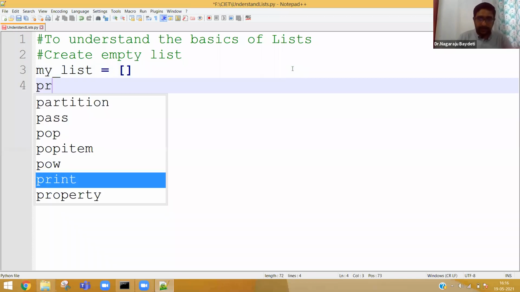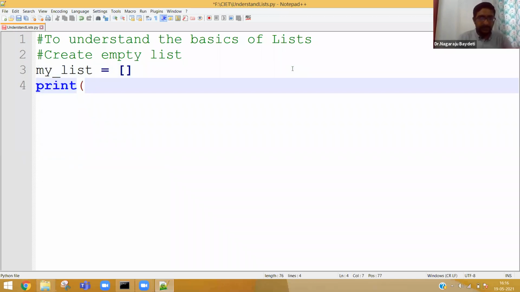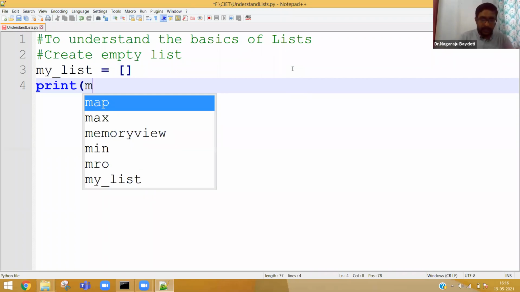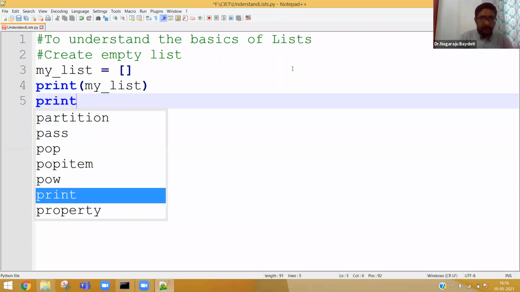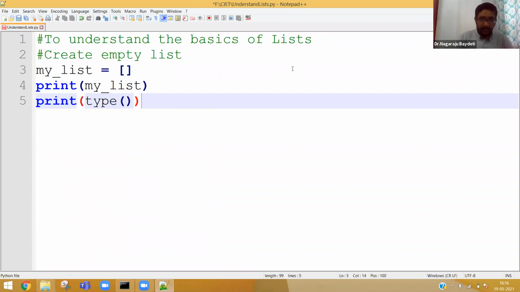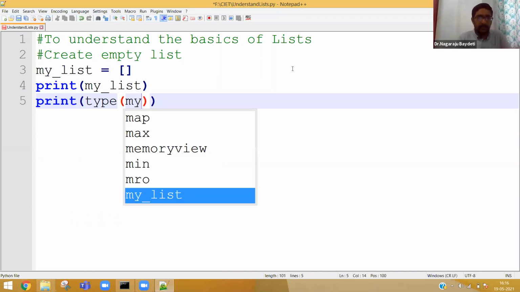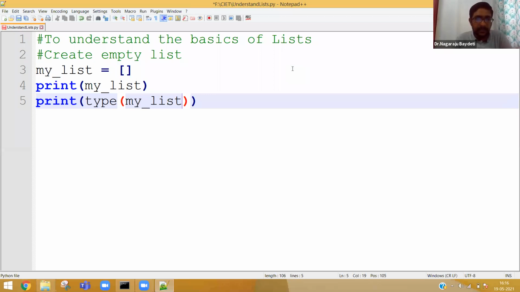Then print my list and print type of my list. So a list need not be a group of many elements. A list can be empty also.